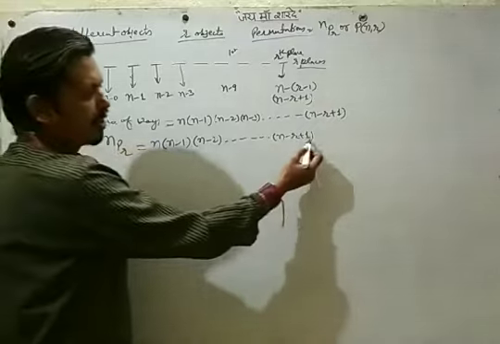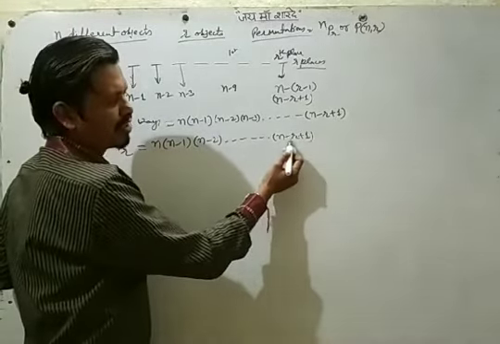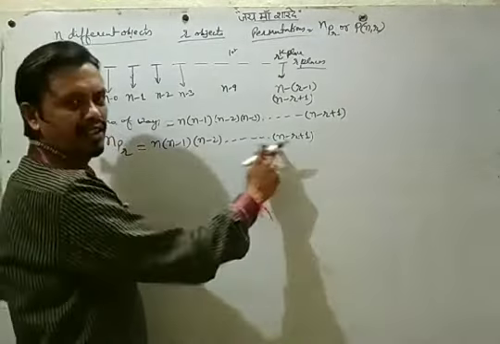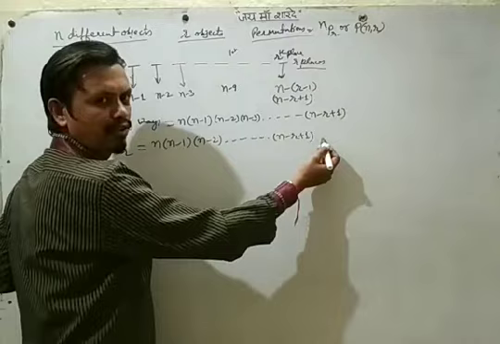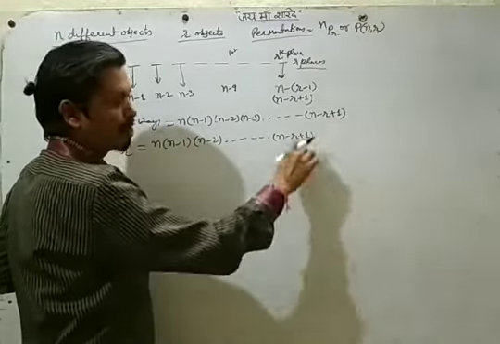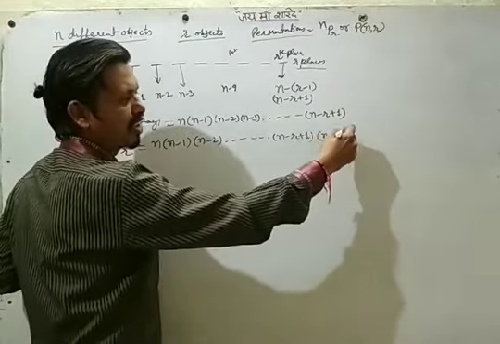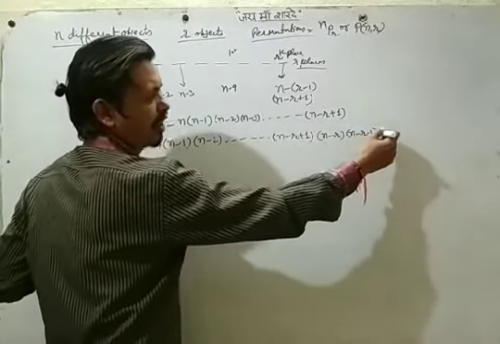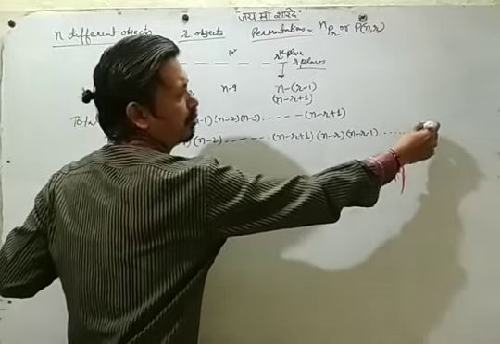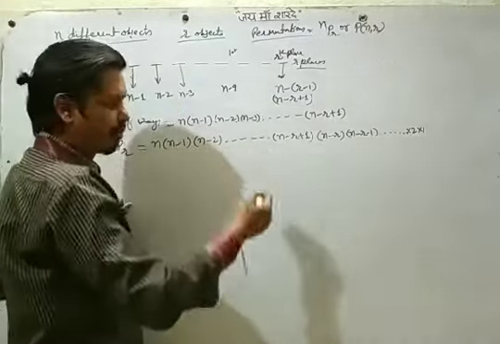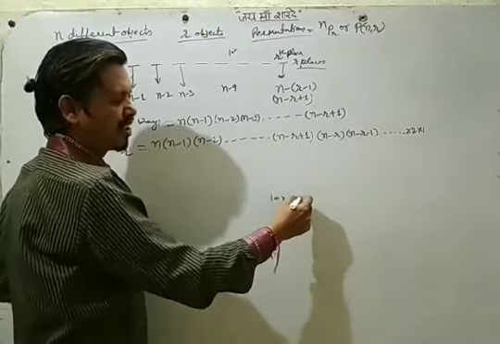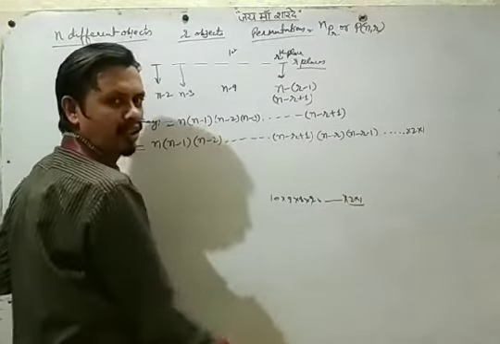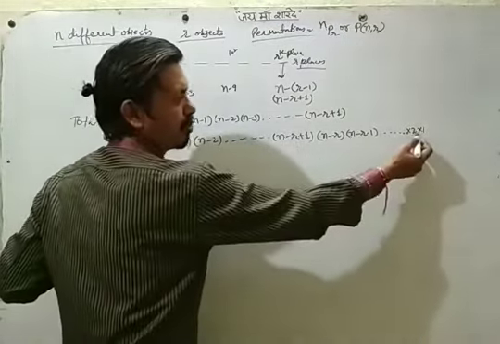Now what comes after this? After n minus r plus 1, what are we doing here? 1 less, 1 less, 1 less. It is decreasing, right? So after this, what will happen? n minus r plus 1 minus 1 means n minus r. Again, if you take 1 less, n minus r minus 1. Like this we go down to 1. Suppose it is 10. So 1 less 9, 1 less 8, 1 less 7. Like this if we go, the last number will be 2 into 1. So like this, 1 less, 1 less, 1 less, we get up to 1.